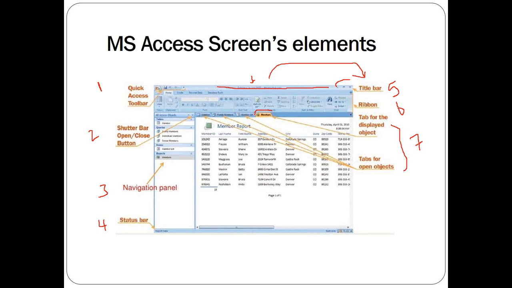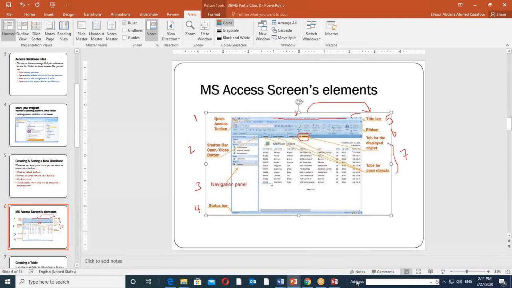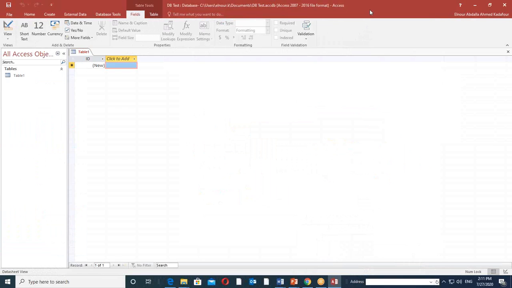This one we call it tab, object tab. واضح لكم؟ طيب لما أدخل بالداخل على الأكسس practically, so this is our Access. Okay, so